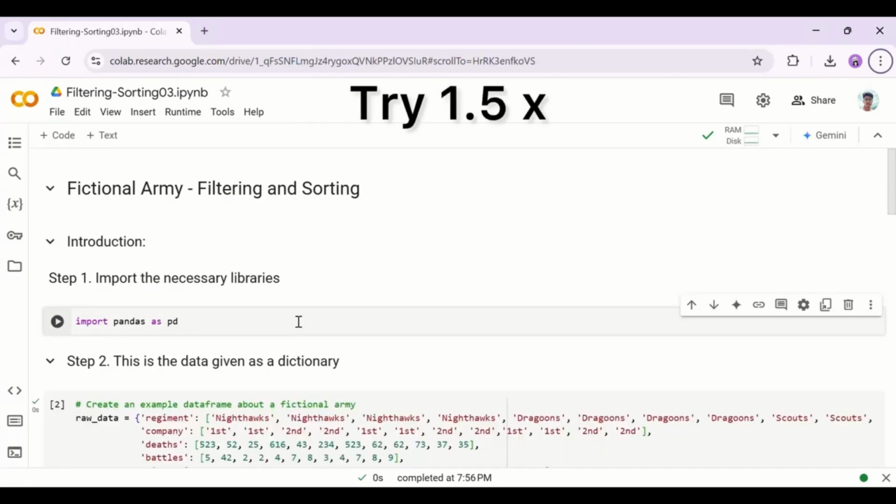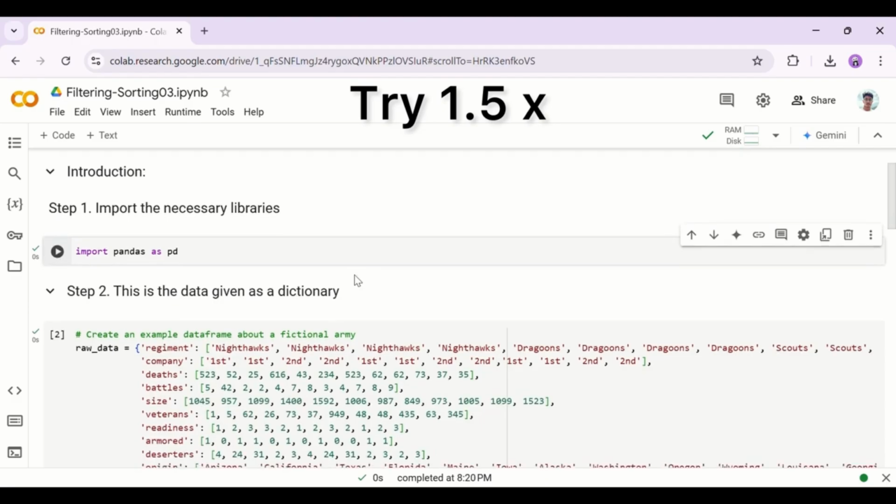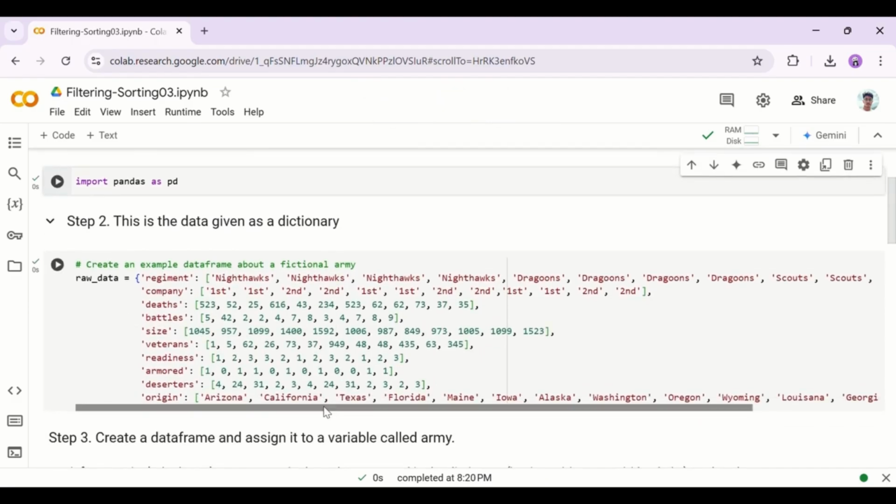Hello, so in this video we will practice filtering and sorting of a dataset using the Pandas library. First we'll start by importing our library: import pandas as pd. Then this is the raw data we have, about a fictional army, and it has a couple of columns like regiment, company, dates, battles, size, veterans, readiness, armored,